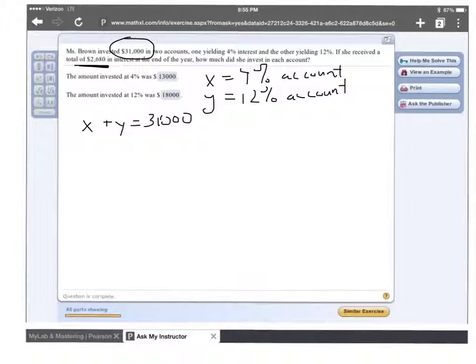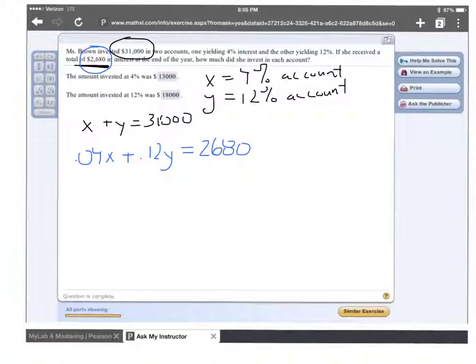If you invested X amount of dollars at 4% interest, the amount of interest that you would earn is 0.04x. If you invested Y amount of dollars at 12% interest, you would earn 0.12y. And we know from up above the total interest from both accounts was $2,680. So this is my system of equations, and there's several ways that we can solve this system of equations, but